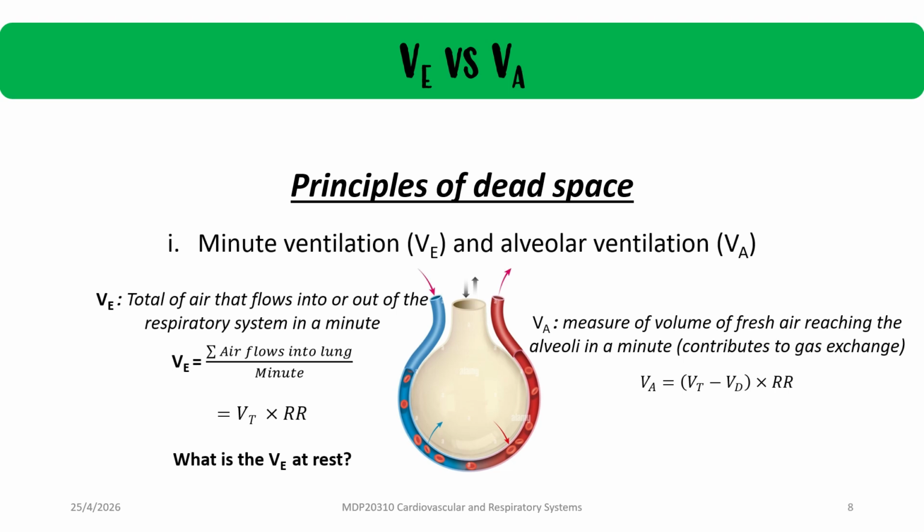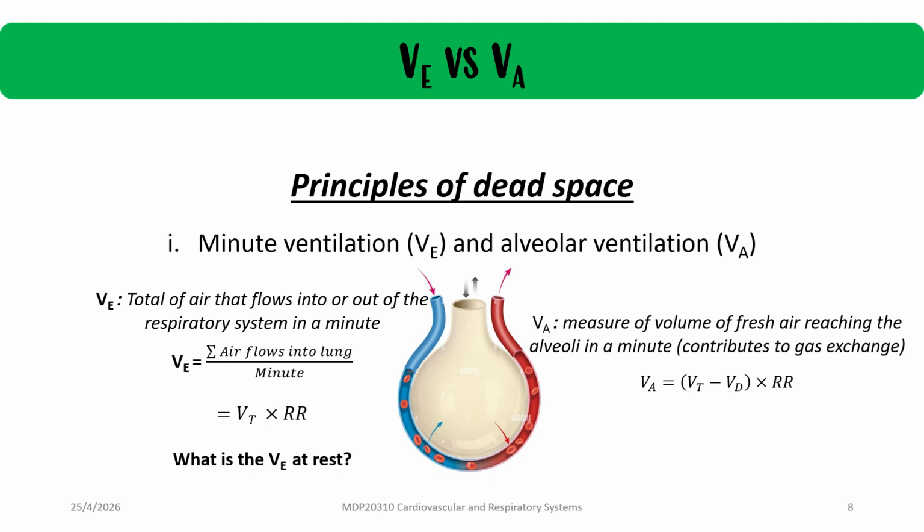To further understand dead space, we must first establish our understanding of minute and alveolar ventilation, the VE and VA. Minute ventilation is the total amount of air that enters the lung, given by this equation on the left, and the amount of air that enters the lung in one breath is known as the tidal volume, or the VT, which usually equals 500 mL. Hence, this formula is used to calculate the minute ventilation